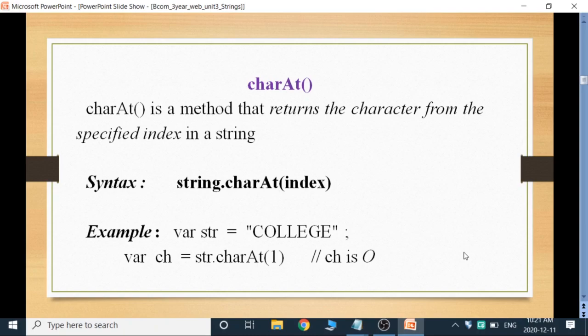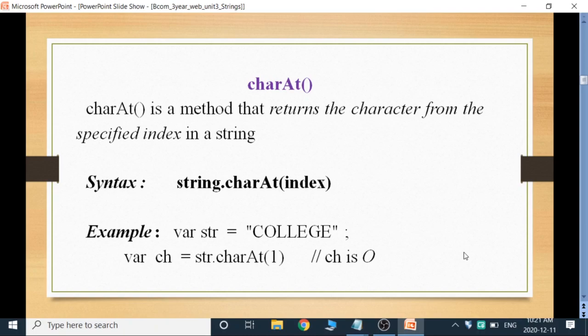The index starts from 0 and the last index is string length minus 1. For example, now the college is with 7 letters and the last index is 7 minus 1, 6. It begins from 0 to 6. Now I want to know the character that is present at index 1 in college.